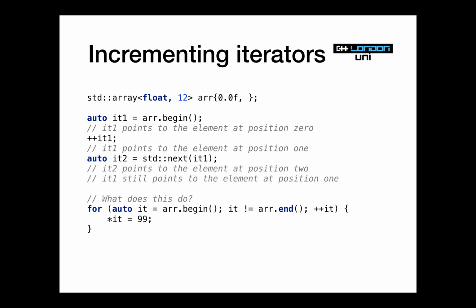But the end iterator points past the end of the array. So there is nothing there. There is no value there that you can look at, right? If you try and look at that value, that's bad. That's what we call undefined behavior. What that means in C++ terminology is anything could happen. Your program is no longer a valid C++ program when that happens. So it's pretty scary stuff, right? Dereferencing an invalid iterator, an iterator that does not point to a valid position in a valid sequence,